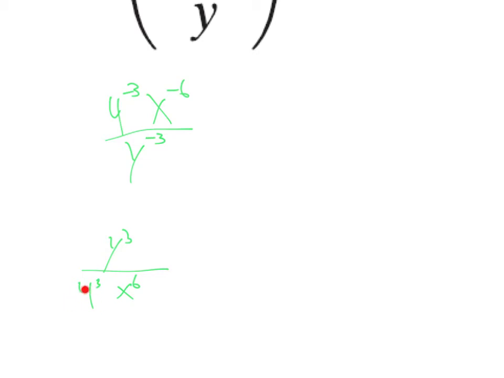And now we just need to simplify. What is 4 to the third power? 4 times 4 times 4. Well, 4 times 4 is 16. 16 times 4 is 64. So we have y to the third over 64 x to the sixth. That's one way to do it. The other way